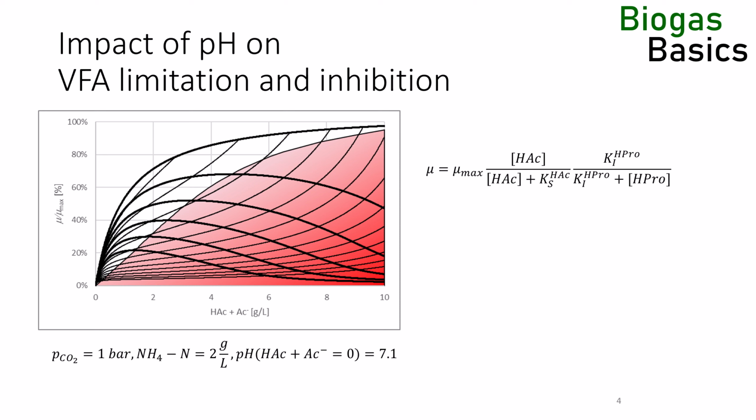The reduced feeding lowers the required growth rate. Remember, the growth rate in a steady state CSTR is 1 over residence time. In the worst case scenario, the propionic acid concentration stays constant. Follow the line of constant propionic acid to the new growth rate. For example, if the system was at 2 grams per liter total propionic acid and at 8 grams per liter total acetic acid and requires a relative growth rate of 60%, a reduction of feeding to a required growth rate of 40% will lower the total acetic acid concentration to around 0.9 grams per liter.